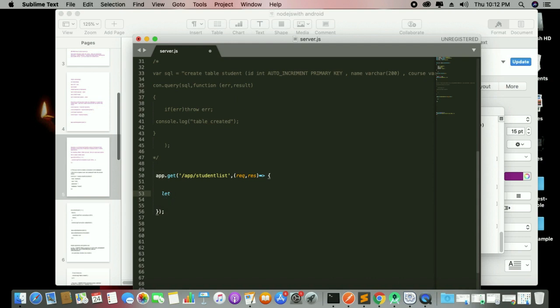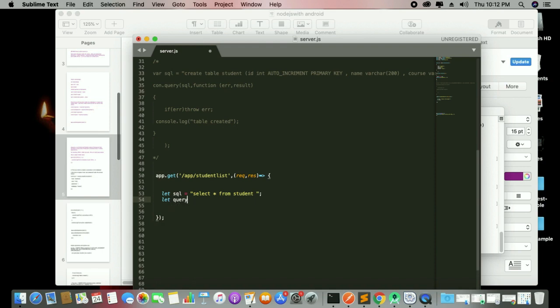For that we need a SQL query, but as in a REST API. So you can say select star from student. This is our query. You can select a particular ID or you can select directly. At this time I'm selecting the complete list of the students, and you can say let query be